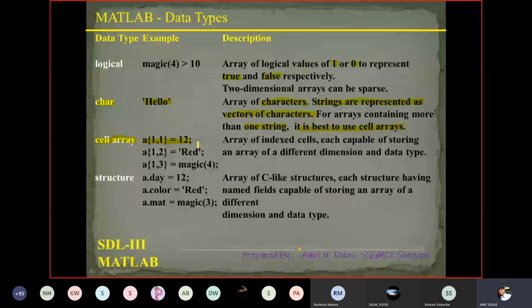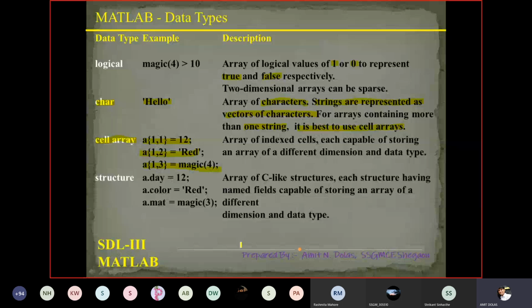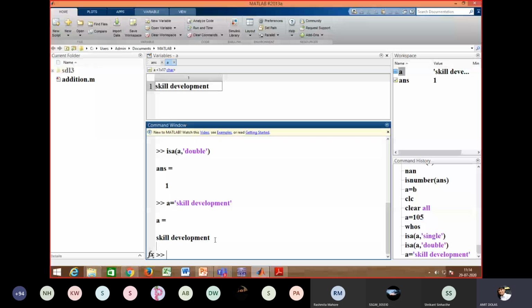Okay, so coming back to MATLAB, I'm writing the syntax for that. It is a, in curly brackets, 1 comma 1, bracket close, then is equal to, say, 30. I made a syntax error again.